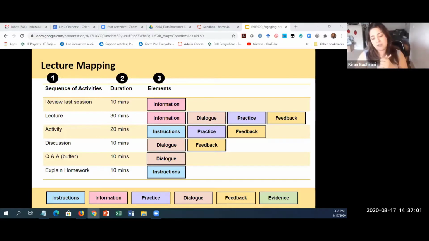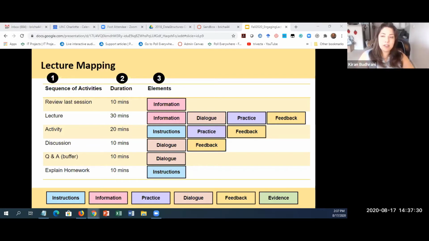Number 3, the last thing to reflect on is, are you actually using a pattern that we presented earlier? Are you already doing a hook? Do you have some muddy checkpoints, points of muddy? Do you have the opportunity to present and pause and have students explain, right? You want to be able to use some of these in planning and redesigning your lecture to be more engaging.